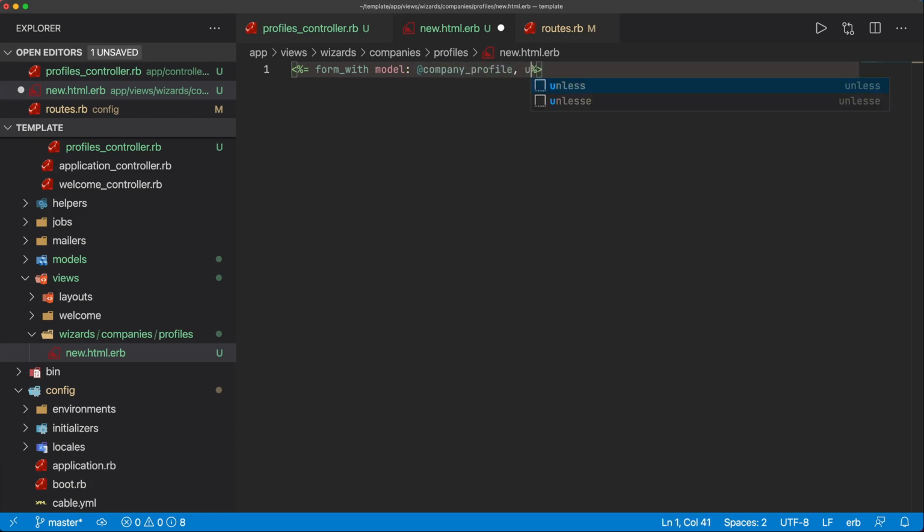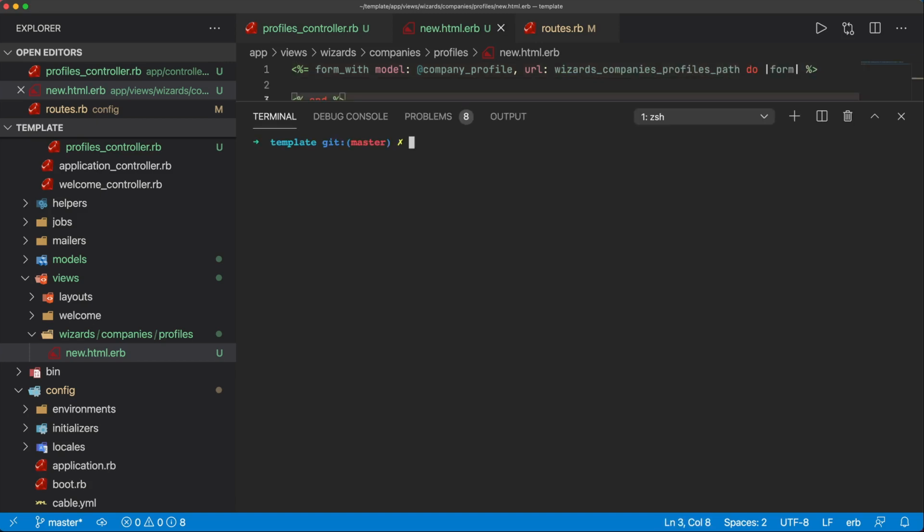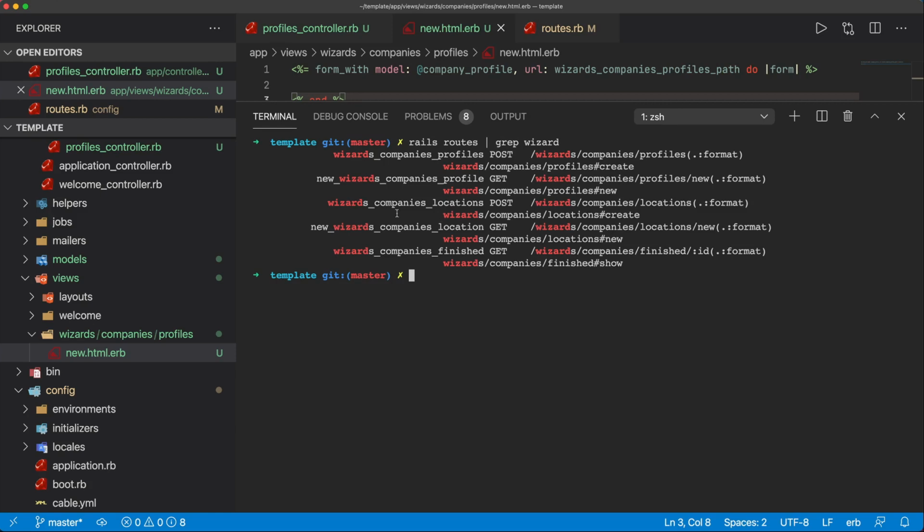And then we need to pass in a URL. And this URL is going to be to the create action of the profiles controller. So that path is going to be the wizards_companies_profiles_path. And in the terminal, we could do a rails routes with a pipe, and we can grep the wizard to see all the different paths that we have for the wizard. And for our post action, there is the wizards_companies_profiles_path, and that does go to the profiles create